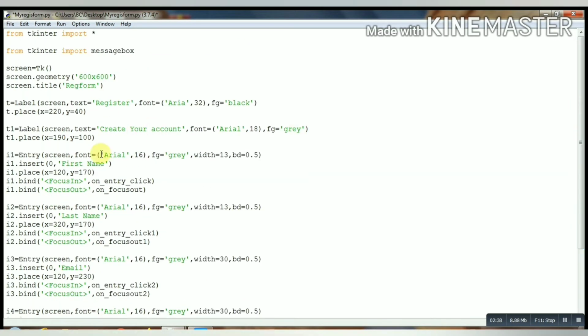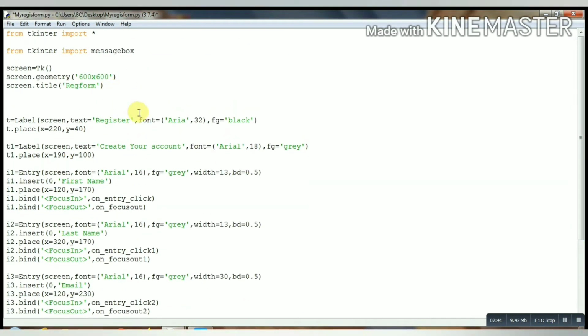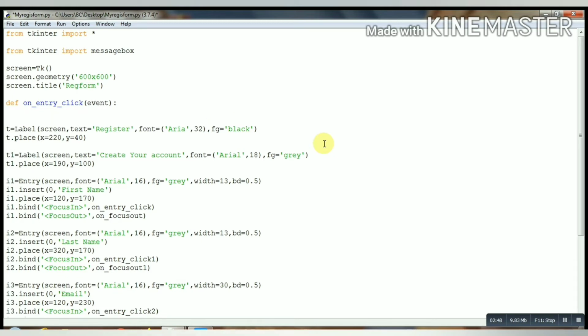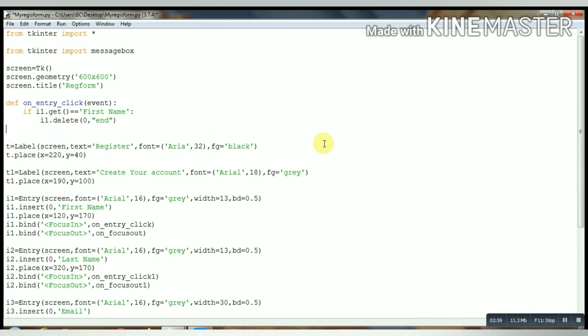So let's make these functions now. First we will define on entry click, which takes an event. Now if the user clicks on that entry widget, then if I1.get equals First Name, then we will delete that text and take the input from the user.